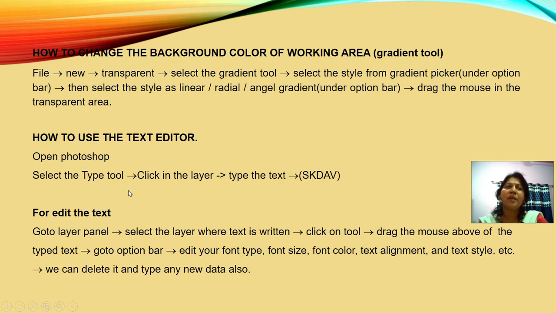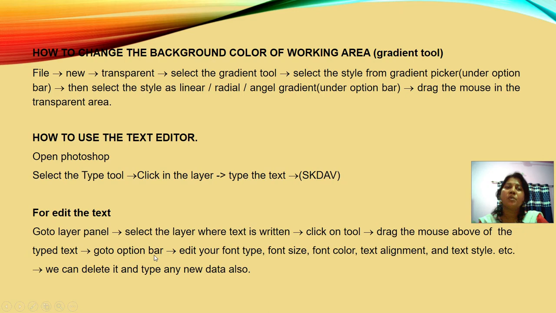Then after writing the text, if you want to modify it, means for editing purpose, what is the procedure? Go to the layer panel, select the layer where the text is written. Then click on the tool, drag the mouse above the typed text.